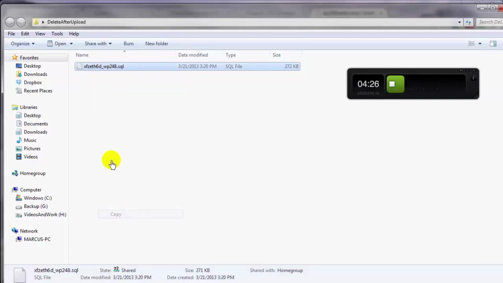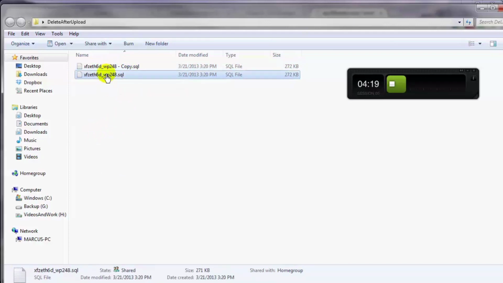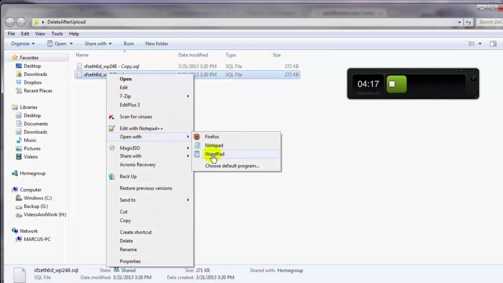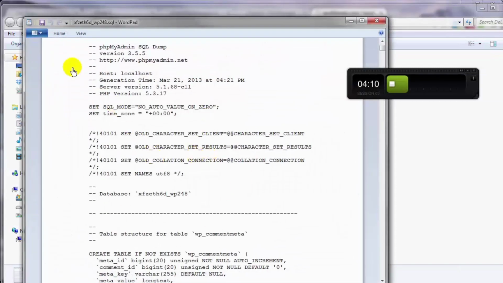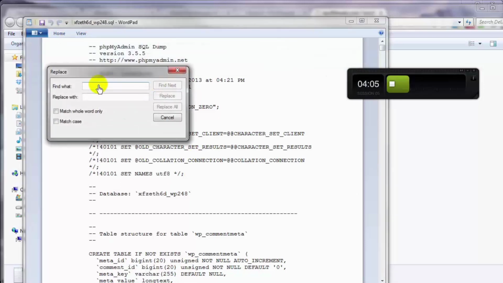We want to keep that as a kind of backup. So let's click on copy and paste. Actually, I'll keep this one named copy as the backup, and we'll open this one up with Notepad or WordPad. Notepad will work just as well, but it looks like gibberish. So let's use WordPad because there's some formatting involved here. Come on up here to Home, go to Replace, and find what we want to find, the WP underscore, and we want to replace it with our new one, which, let's give it a name, GOTU underscore, and replace